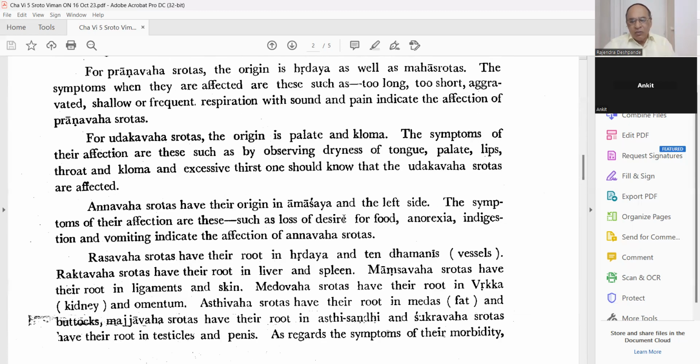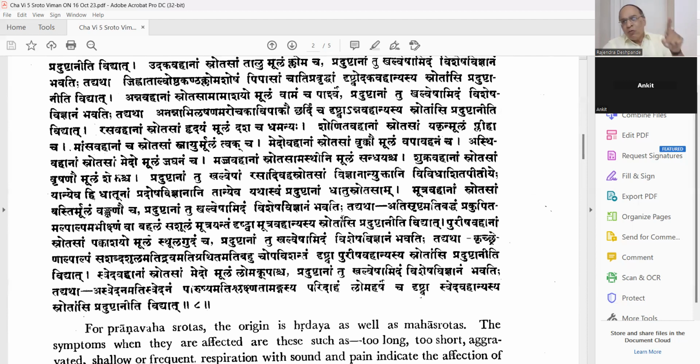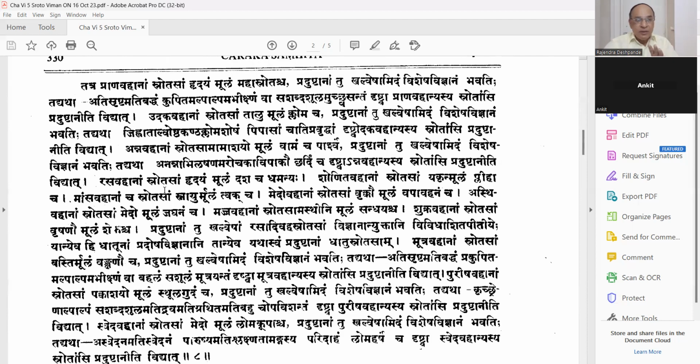Now I am going to write, please write down Udakvahasrotas. Udakvah and Ambuvah is the same. We are talking about the symptoms. Can you see here? Here, I will mark this. I am sorry, sometimes I get problem. I don't know how to tackle those problems, but we will try. Don't worry. Here you can see at least. I will try to get some pen. I don't know how I can get it over there. Toolbar is there. We can use that toolbar. Let us try. Why not try? This is eraser. But I want some pen first. Where to get that pen? I don't know. Okay. Here I think I will try.